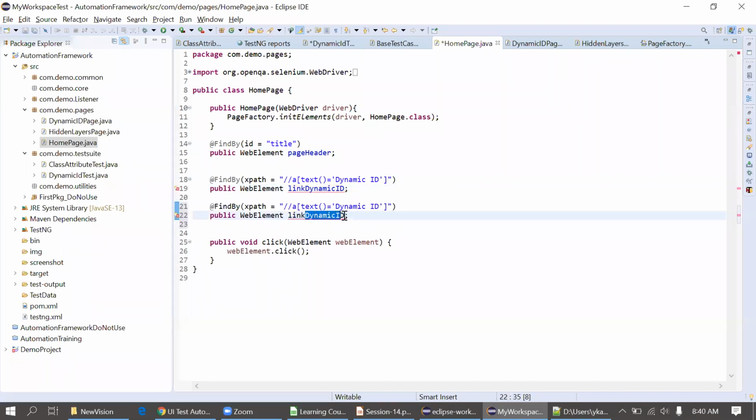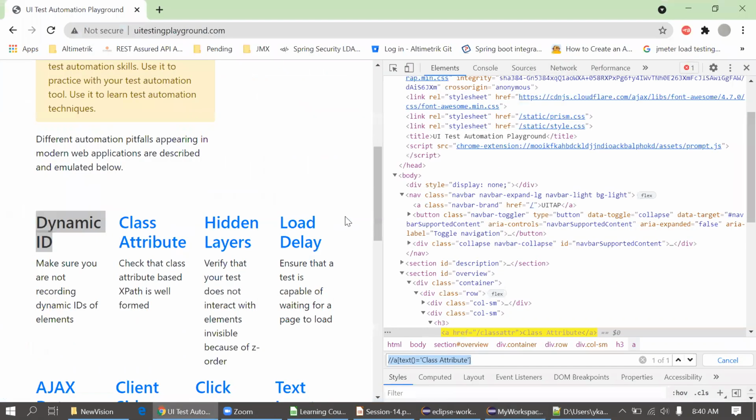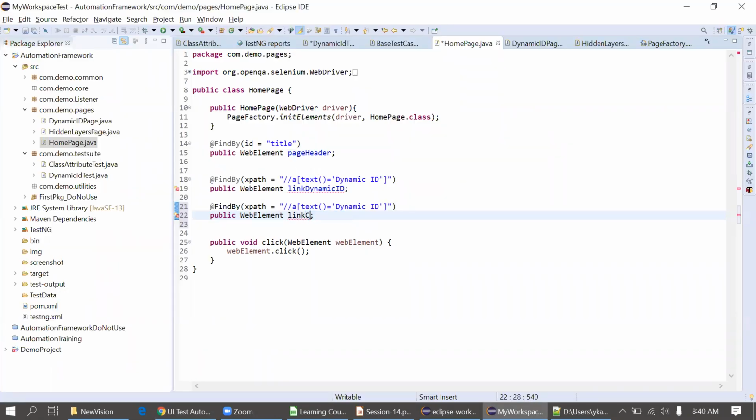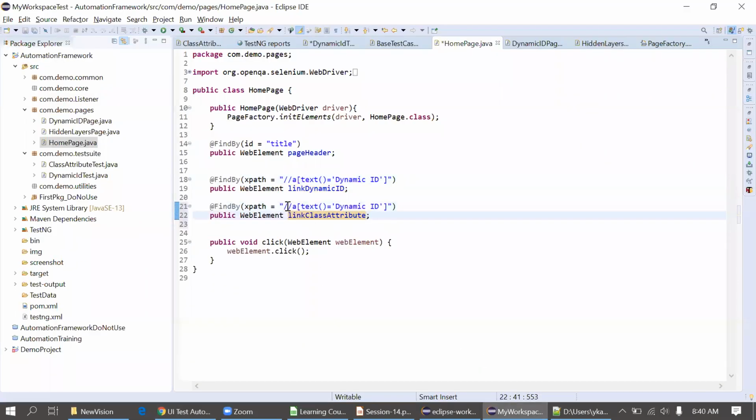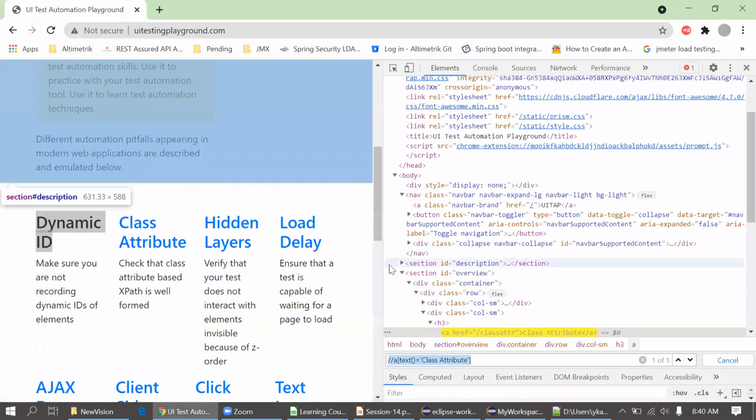I will just make it as a class attribute. Yeah, it's a class attribute, and then I will just simply copy the XPath. Okay, so this is the first step. I required only these two now.